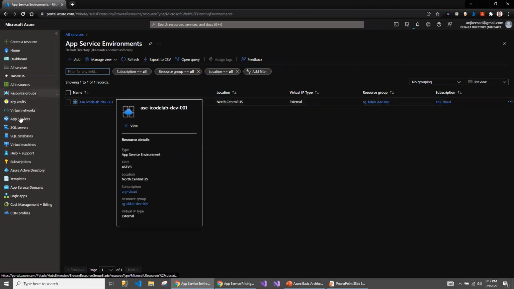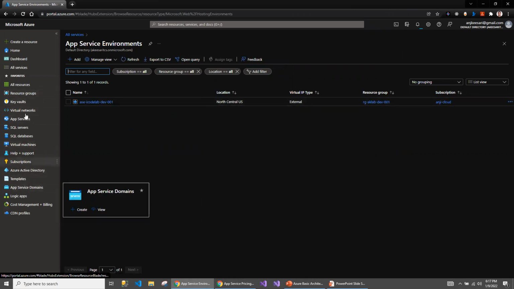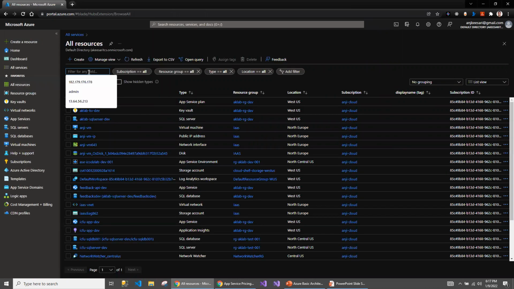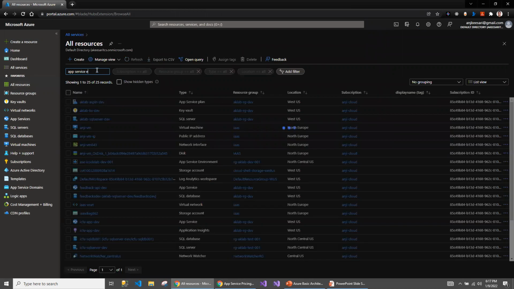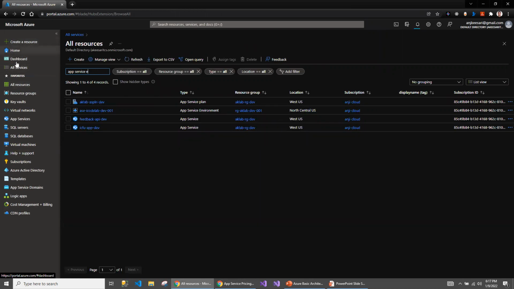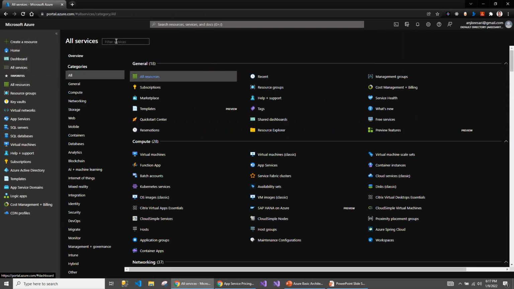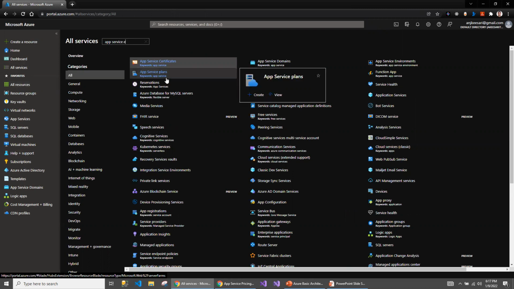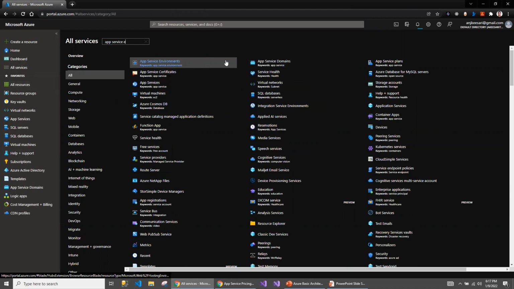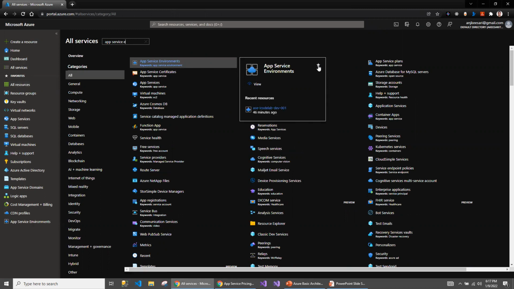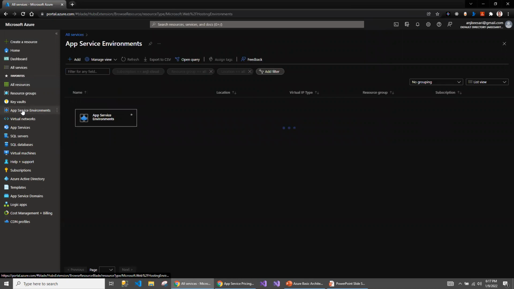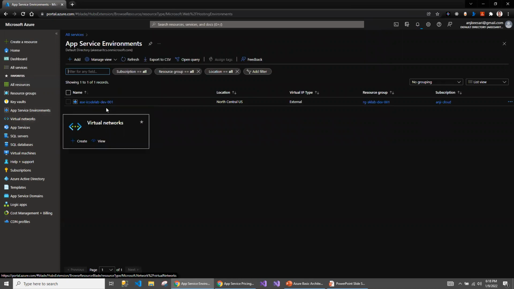If you want to see the App Service Environment show up in your preferences, click on All services and search for App Service Environment. Place your cursor on it and add it to your favorites, and you can drag it to wherever you want to keep your App Service Environment.